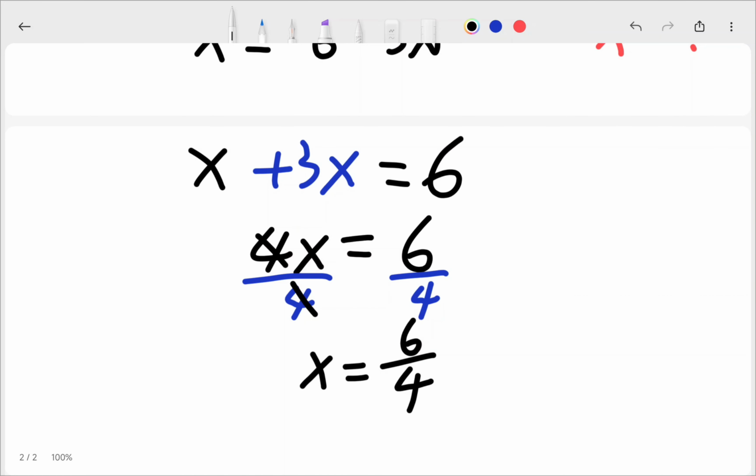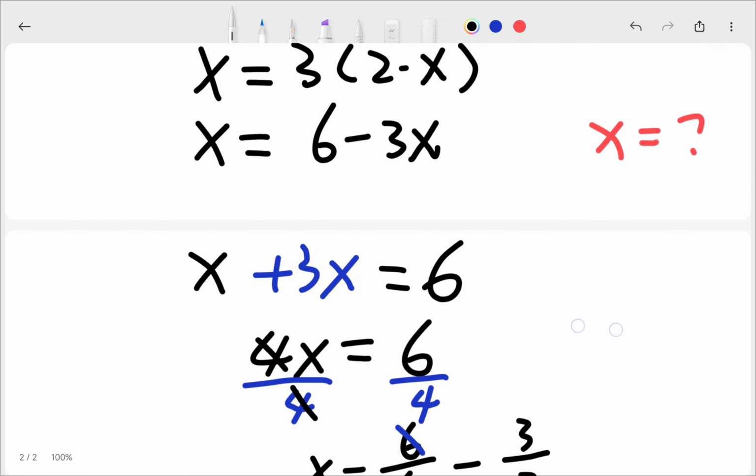If you have a fraction, please make sure it's in its simplest form. If you are unclear how to simplify fractions, please check out my other video on that topic. So this is us. To summarize, the method of solving linear equations is to always keep your goal in mind